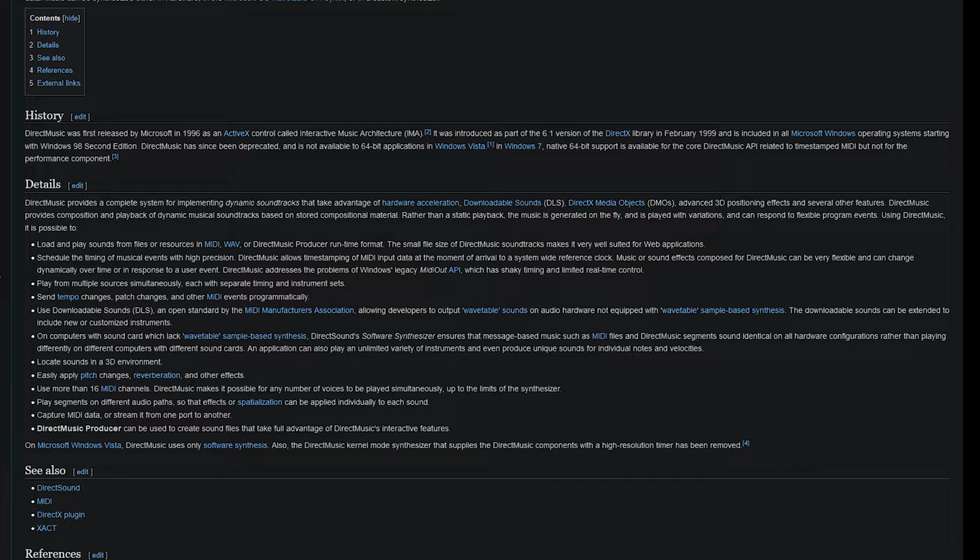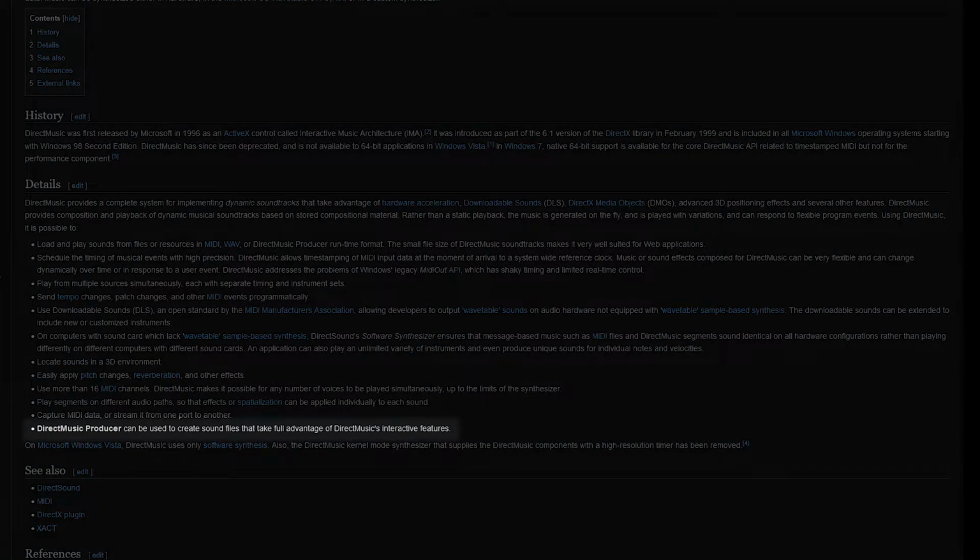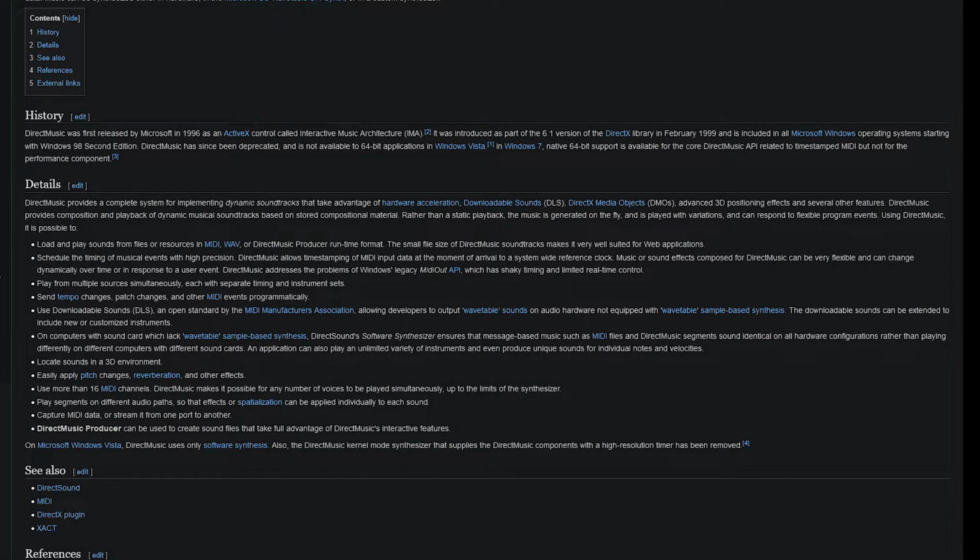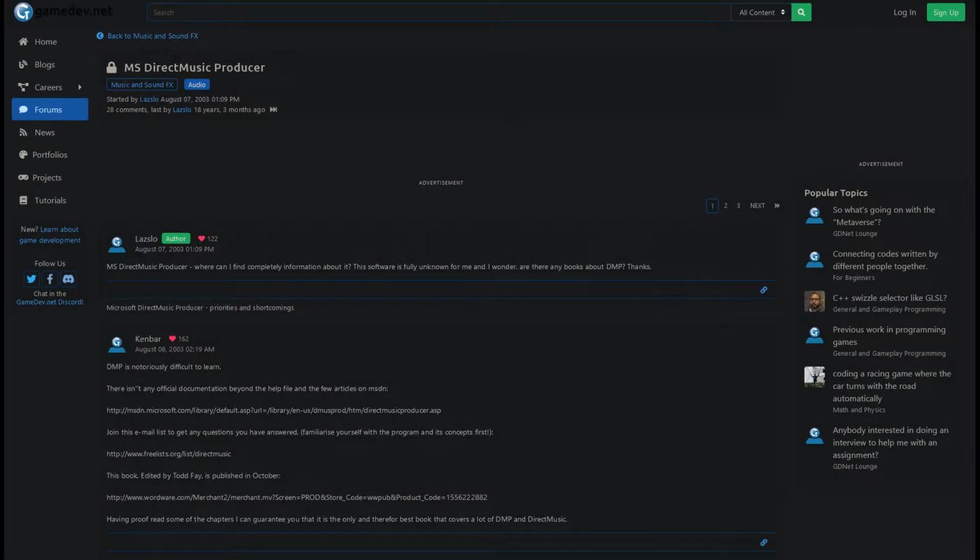Reading through the list of cool features, we arrive at this line. Looks like I'll be getting myself a copy of Direct Music Producer. I found it very easily on archive.org, and while doing a bit more browsing around, I quickly got the impression